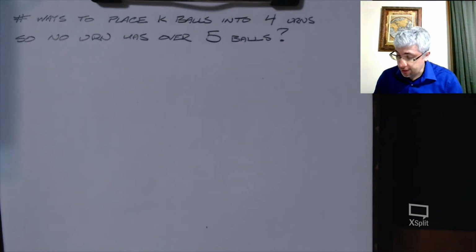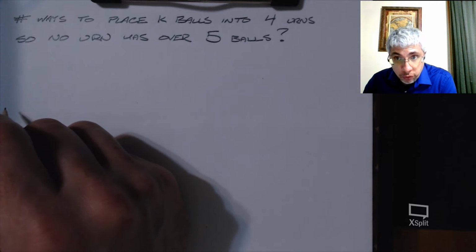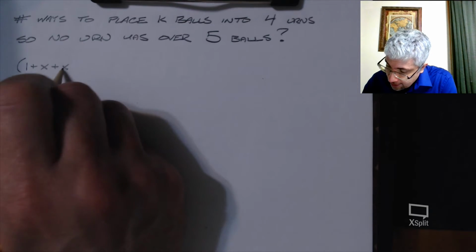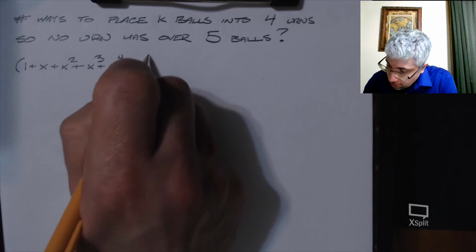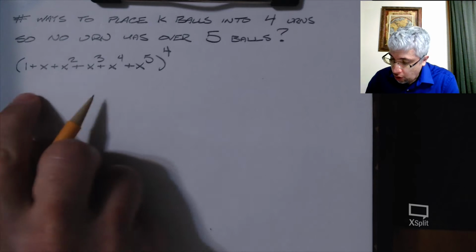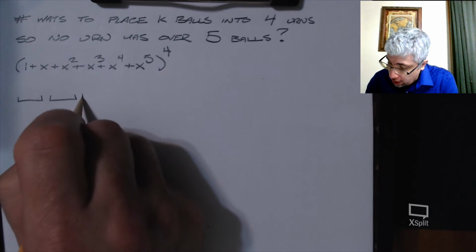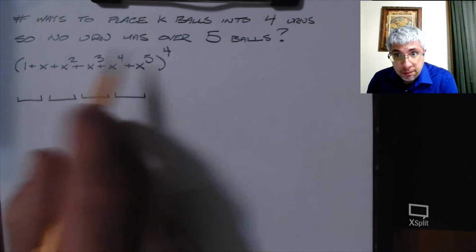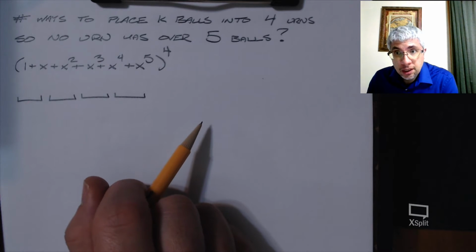But let's think about this. I want to set it up as a problem where I have 4 choices for urn 1, 4 for urn 2, 4 for urn 3, and 4 for urn 4. So if I did something like this, well, think about what happens when I multiply this out. I have to choose a coefficient 4 different times because I have these 4 different pieces, and each time I'm trying to compute my terms out,